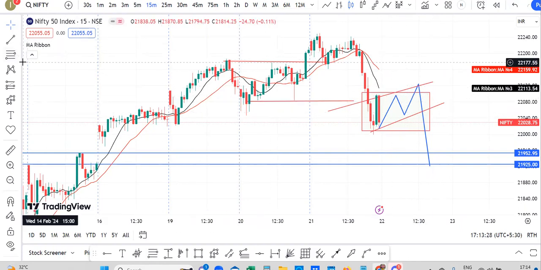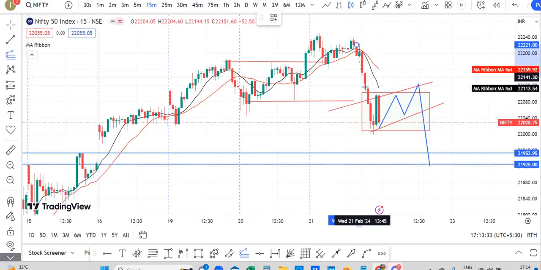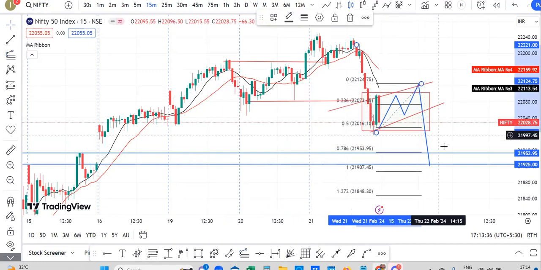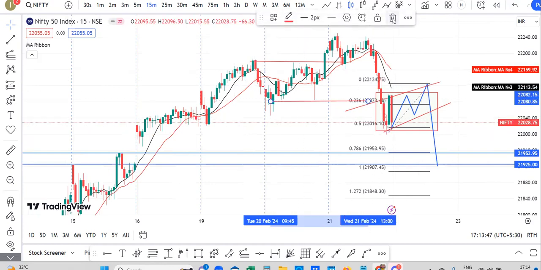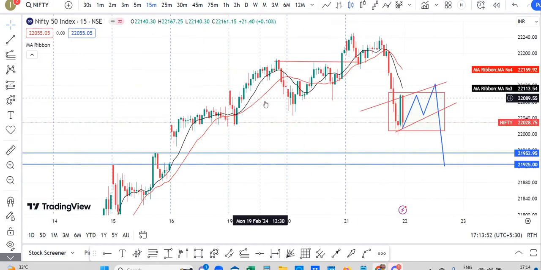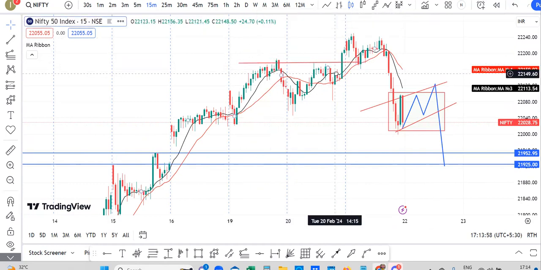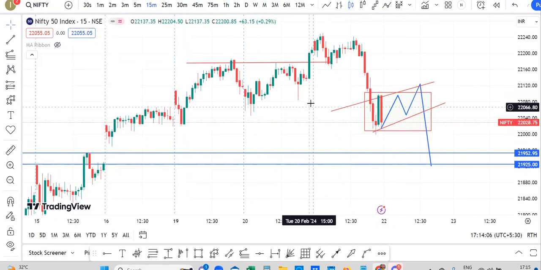So if I take the Fib tool, Fib retracement, trend-based Fib extension, if I anticipate, a 1:1 ABCD correction comes to 21,907. So this is how, by step-by-step analysis, I was able to make out the momentum loss and anticipate the correction in the market. How was it possible? Not only, see, without any indicator,